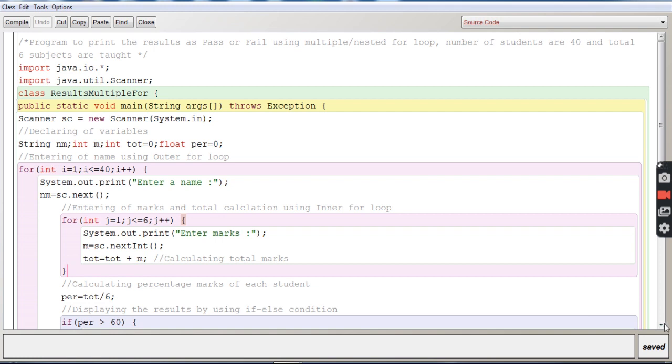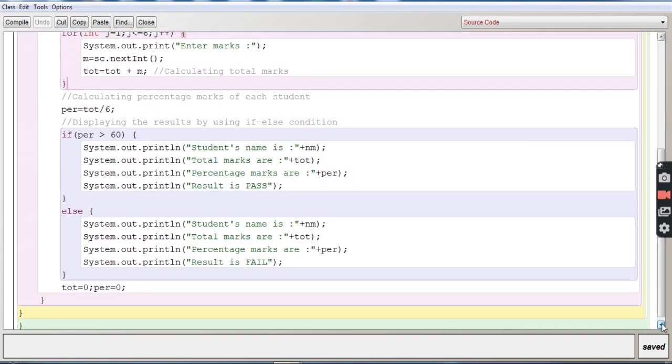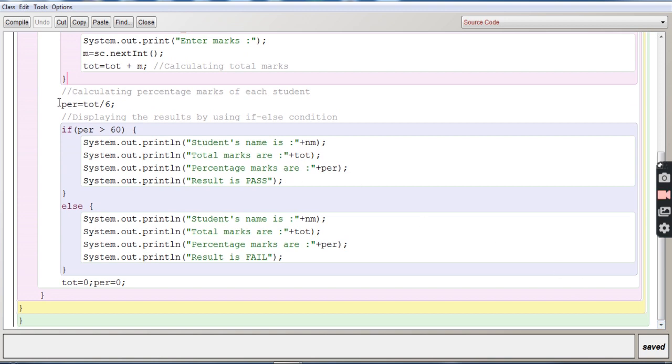Once that is done, the program will calculate the percentage marks. So percentage is calculated over here for each student. Whatever total you got over here will be divided by 6, so it will give you the percentage.